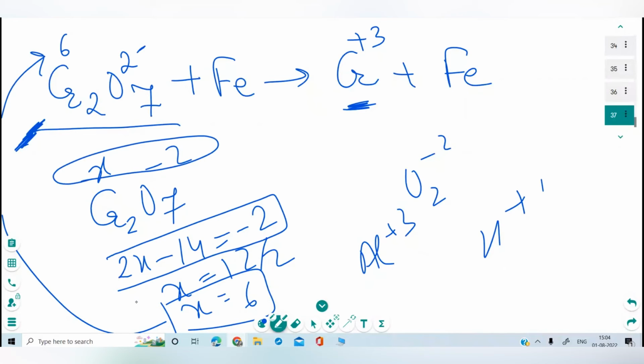Like, -2, well, yeah, both of them. Why is it -2? This x you don't know, and oxygen is -2. That's what we are saying. Okay, correct. And why am I taking the total equal to -2? Because